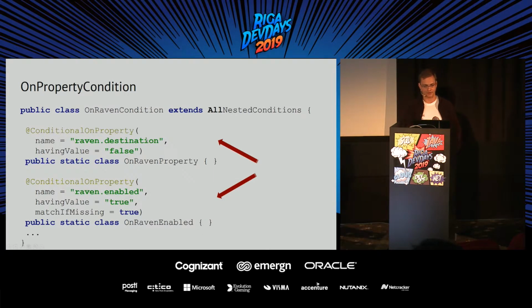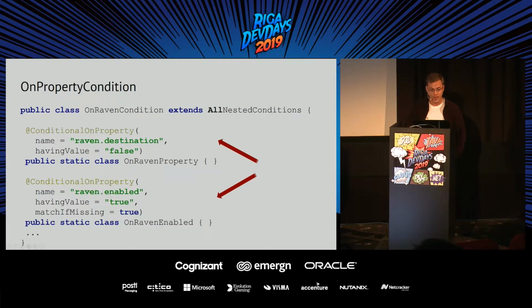You see, I have here OnRavenCondition, which extends from AllNestedConditions. Here I have two static classes, just semantics because this is Java. You need to do something inside your class, or methods, or classes, and it was decided that it should be done by classes. So we have one class called OnRavenProperty. And here we specify that the condition is that the Raven destination property should exist, and the value of this property should